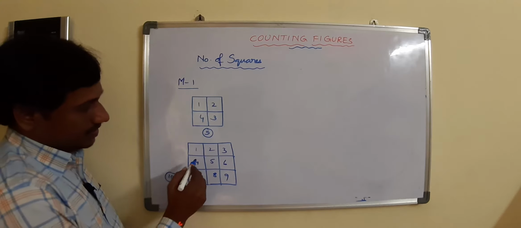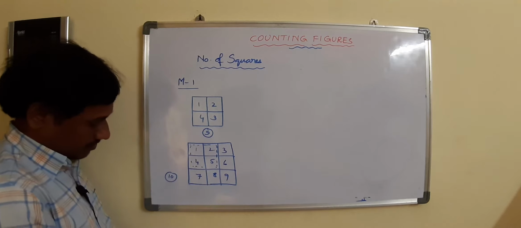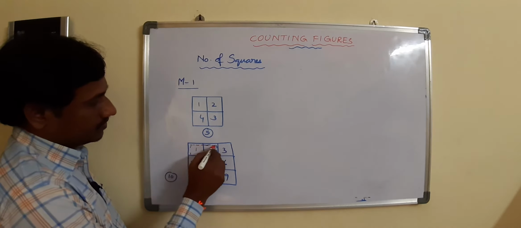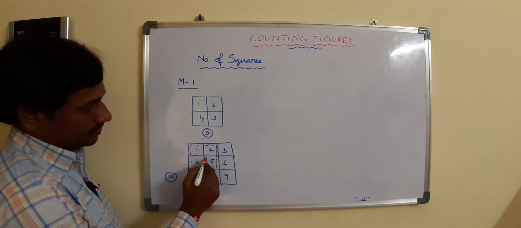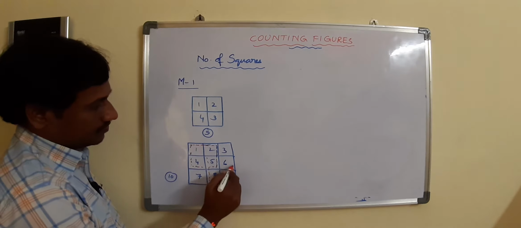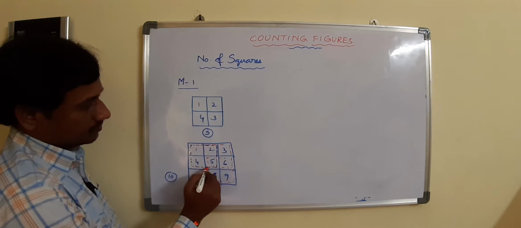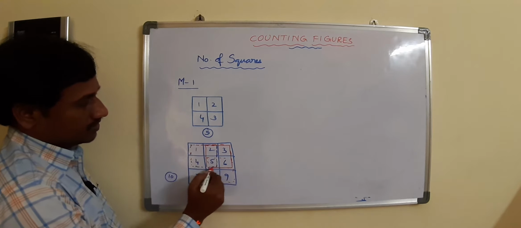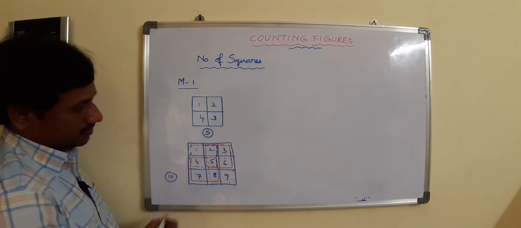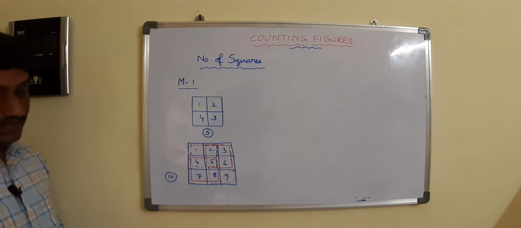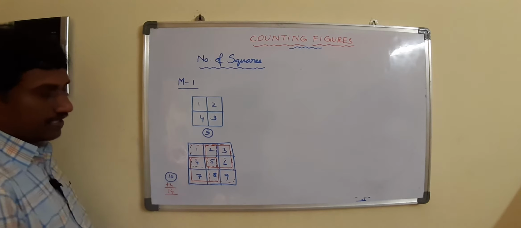If you observe here, combination of these 4 together, we are having one more square or not? Combination of these 4 squares together. And similarly, this corner also 4, means 2 extra. And similarly, if you take these 4, this is third extra. And like this corner if you take this one, am I correct or not? Then 10 plus 4 extra, total number of squares we are having is 14.